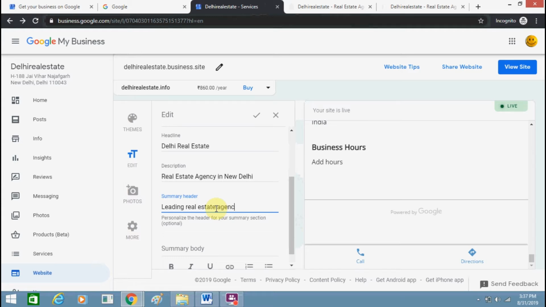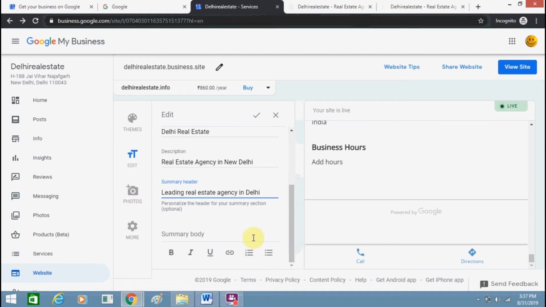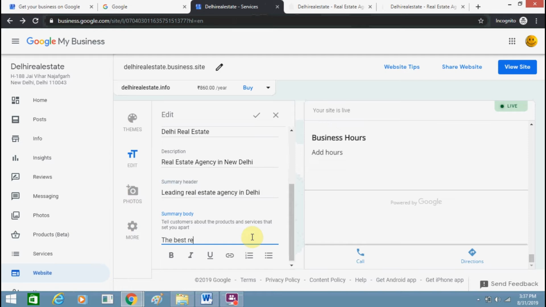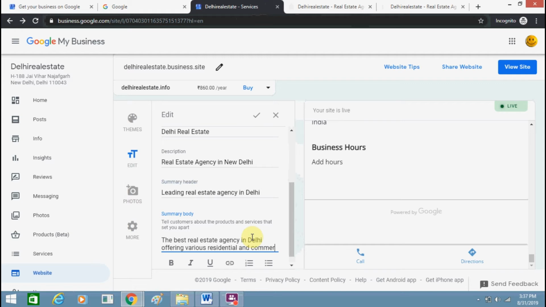Anybody who has little computer knowledge can create a website, and it's free of cost by Google. You can just input the title and description over here. This is an easy process.